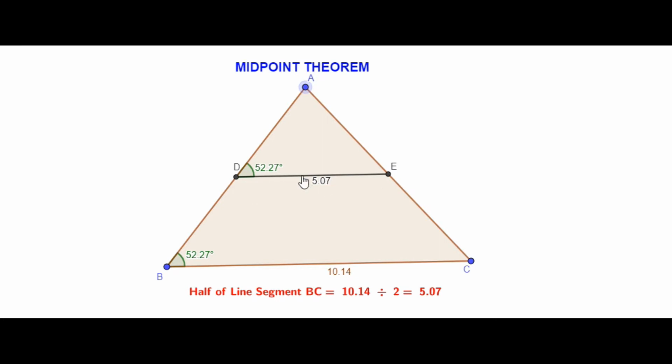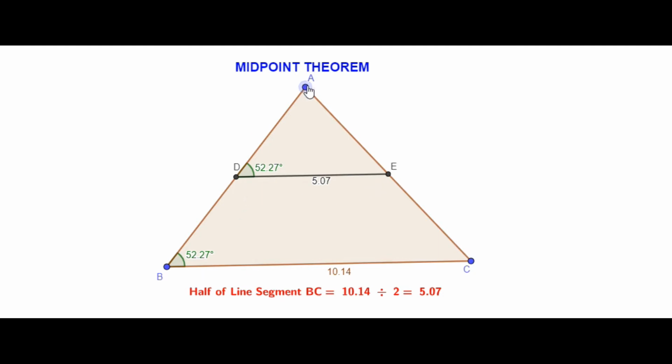Well, how do we prove that these two lines are parallel to each other? Well, you know that DE and BC are two lines, and AB is the transversal which is intersecting both those lines. So if we look at these angles, angle B and angle D here, they both happen to be corresponding angles because they are on the same side of the lines and same side of the transversal. And we know that if the lines are parallel to each other, then those corresponding angles are going to be equal to each other. So I've taken the angle measure also, and you see that they're currently both 52.27 degrees, and therefore it proves that this DE is parallel to BC.